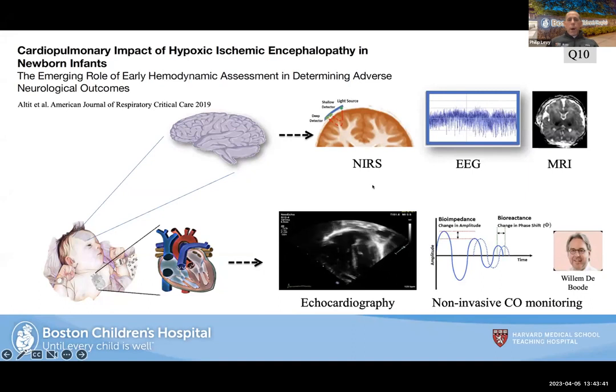Some are clinically related, like echo. Some live in a research state, like NICOM, but are evolving. EEG, obviously, if that wasn't a choice there. MRI, NIRS, clinical exams, vital signs, and biomarkers. So I put this potpourri because I think there's no standardization, but these are the modalities that are used at